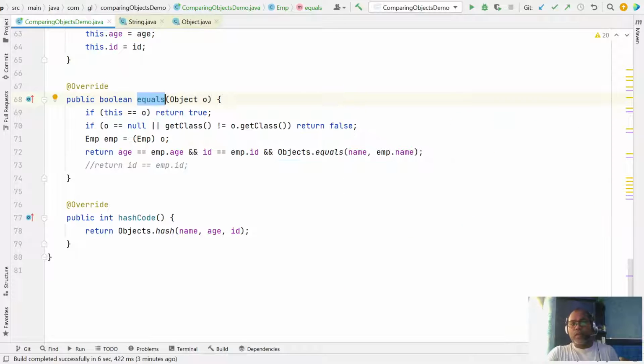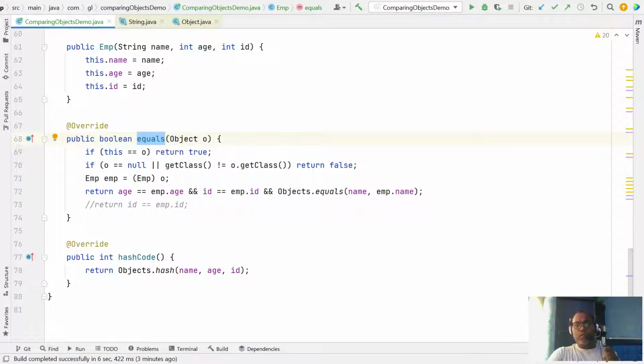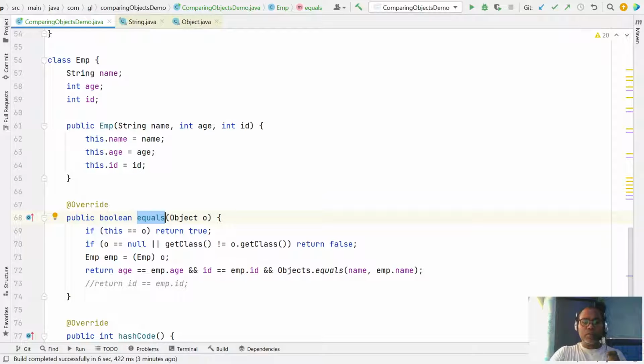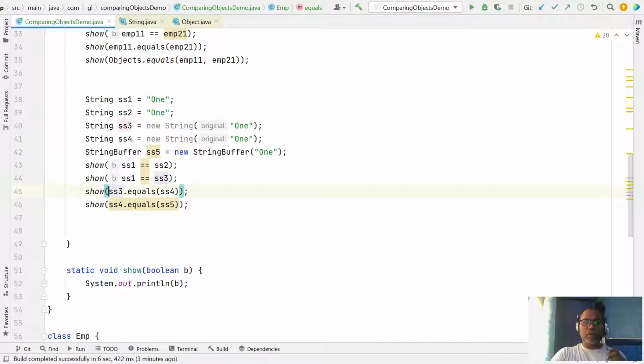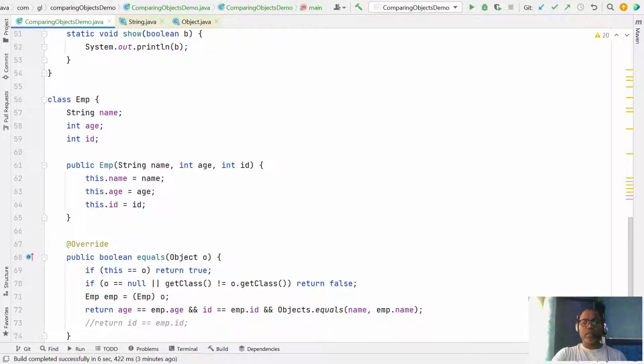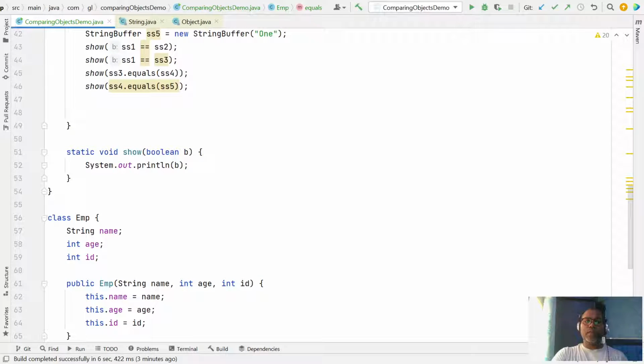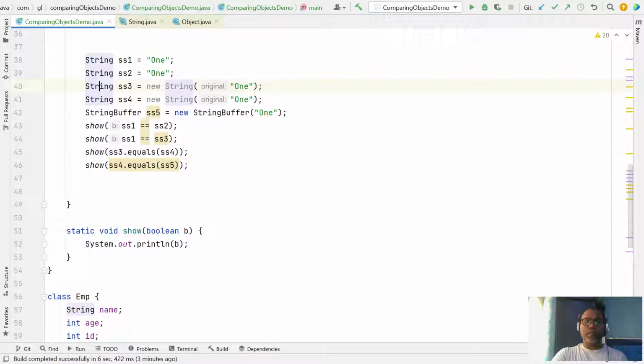So in this way, whenever you are going to override your equals method, you must do an identity check, which means that in the case of S3 and S4, if both are referring to the same memory reference, then true, else not. Then check whether both are the same type. Here, S3 is a string and S4 is also a string. Yes, both are strings. Then after that you can check the value, whether the content is the same. If yes, then return true, else return false.